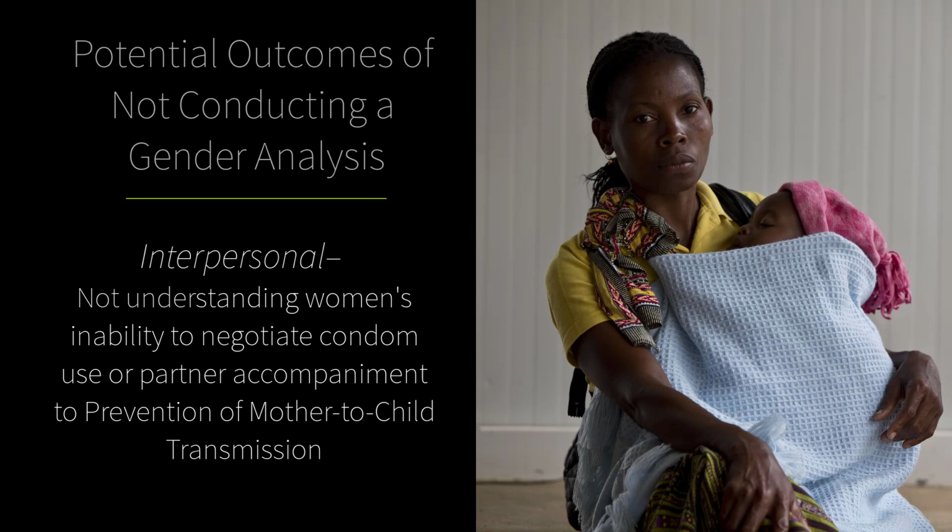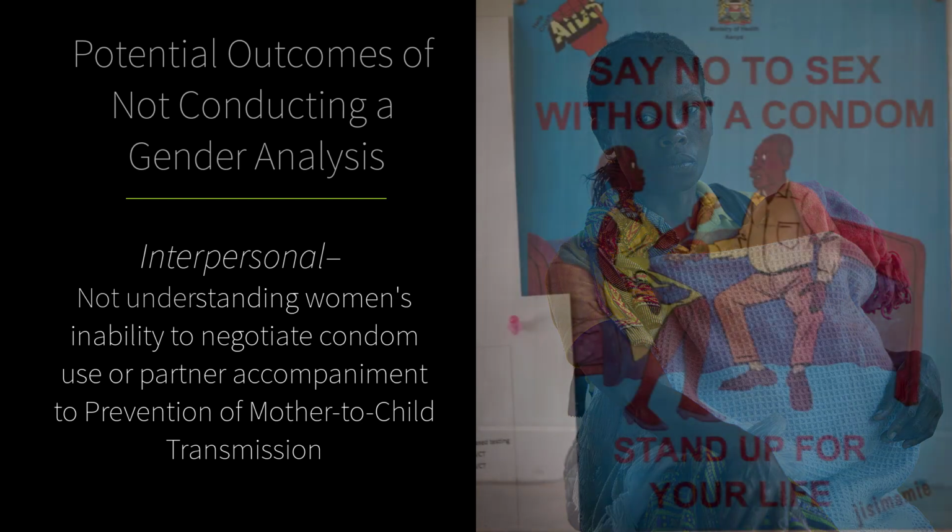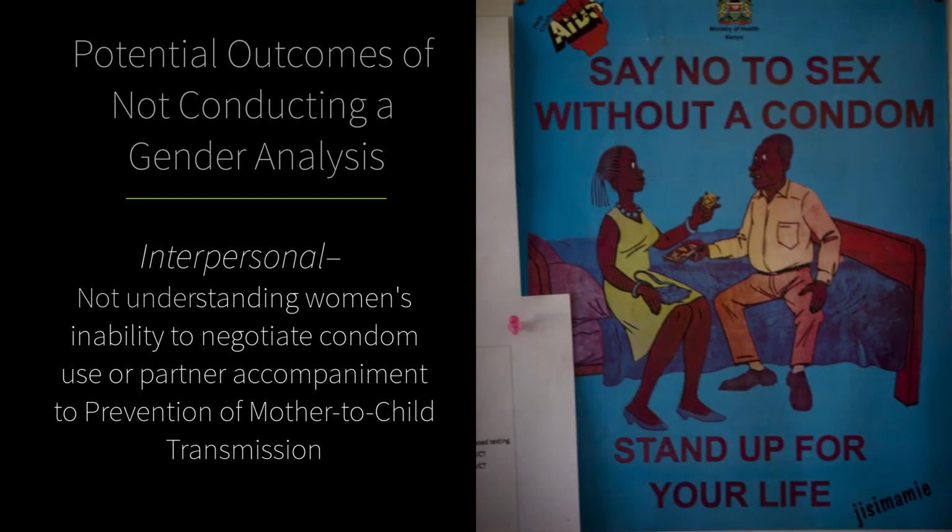Interpersonal. An important demonstration of not understanding gender dynamics are policies developed to prevent HIV without understanding of the lack of agency or power a woman may have in her relationship to implement recommendations or requirements that are intended to promote her health. For example, Thailand's 100% condom use policy with sex workers initially failed because sex workers did not feel able to insist on condom use with clients, or clients paid sex workers not to use condoms. It was not until the policy was enforced by brothel owners that there was a decline in HIV rates.